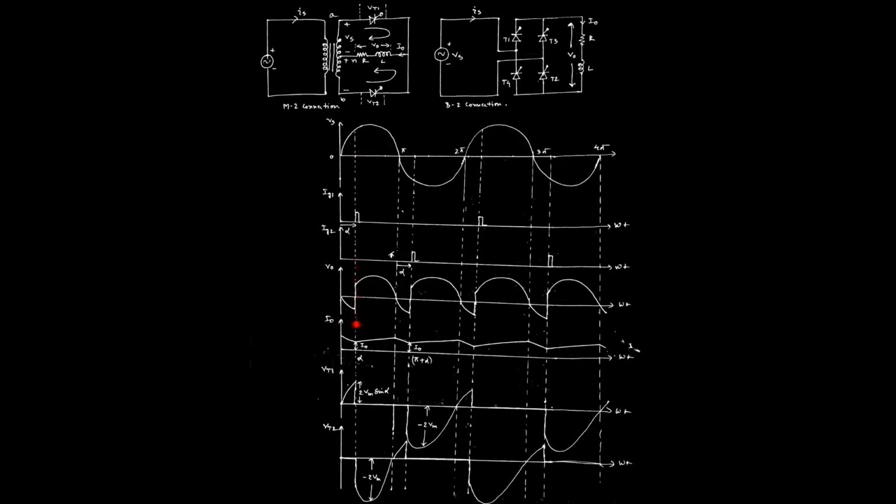Now see, if we extend the discussion this way, when Ig1 is given and the thyristor T1 becomes on, then the current starts flowing in this direction. That means the supply voltage immediately appears across the load. That is why the supply voltage appears across the load from alpha to pi. At this position, the inductor starts storing energy, up to a maximum value at Vs, and then crosses the particular point, pi.